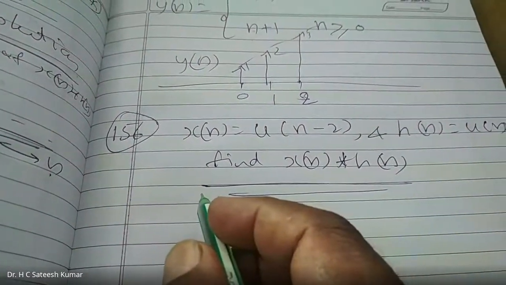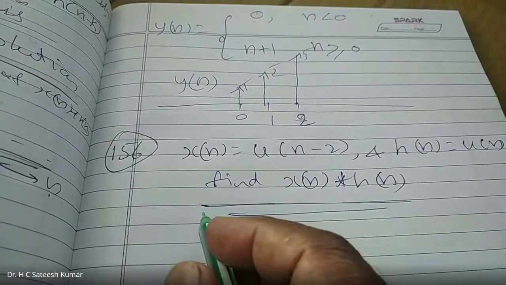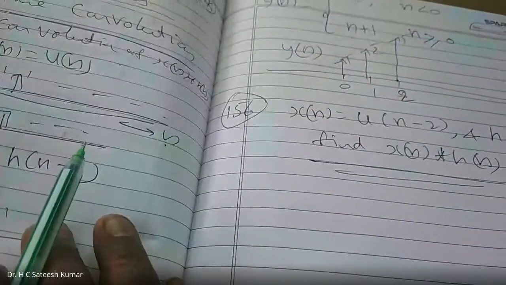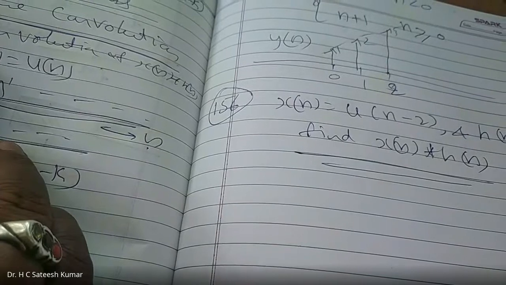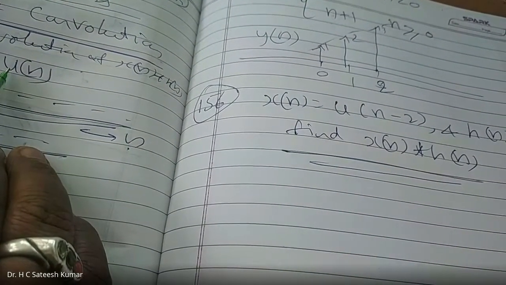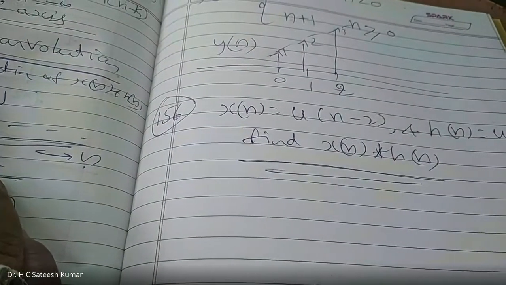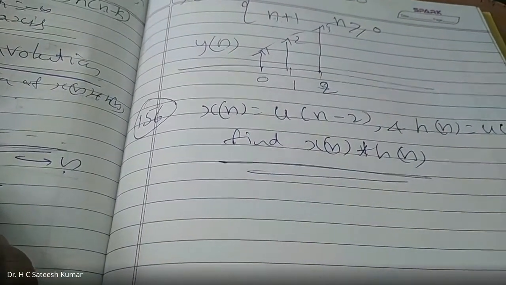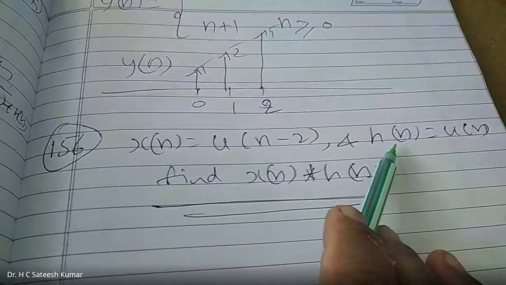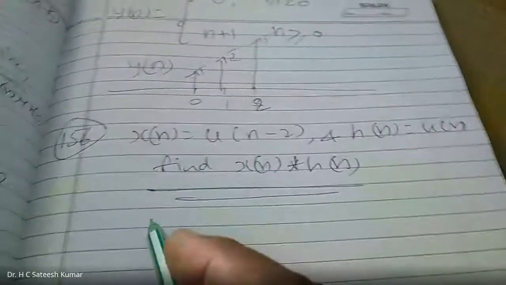We're continuing with the problems on discrete time convolution. In the last class I did one problem, where x of n is equal to h of n is equal to u of n. Both of them are infinite and equal. So if they are infinite and equal, you will get only two cases, as I said. Now I'll take up one problem where both of them are infinite, but not starting at 0. Let me see how to solve this problem.